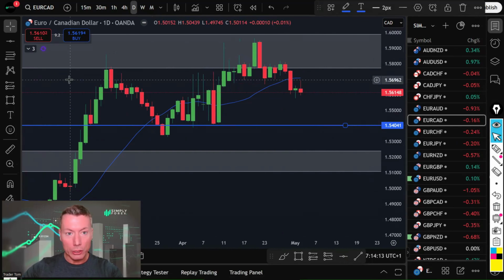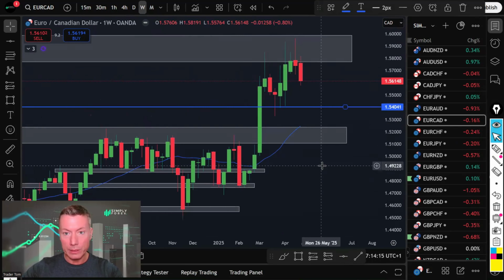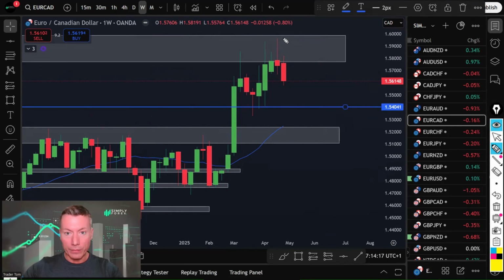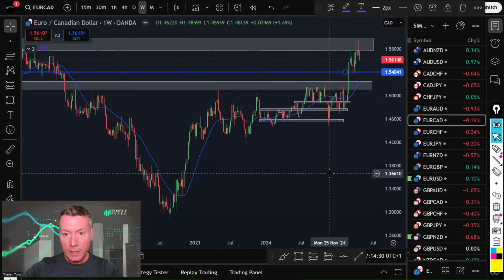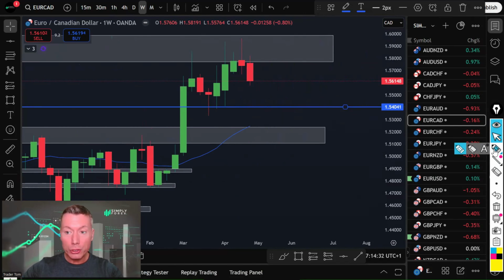If we go to the weekly chart as well, you can see we've had these big bearish candles, right, at a key weekly support level. If I scroll left, you can see this is a key weekly resistance level. And again, we are against trend, right? It is important to point that out on the weekly. So we're just trying to come back down to these next piece of support and these last lows. So euro Canadian dollar sell.